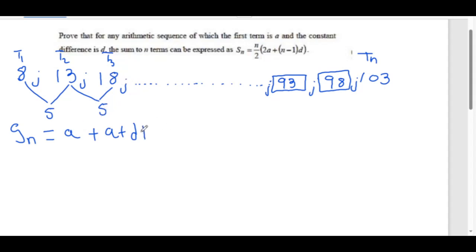So we get a plus 2d, and then plus dot dot dot until we reach